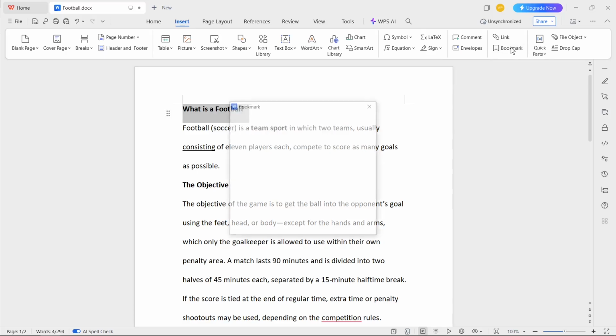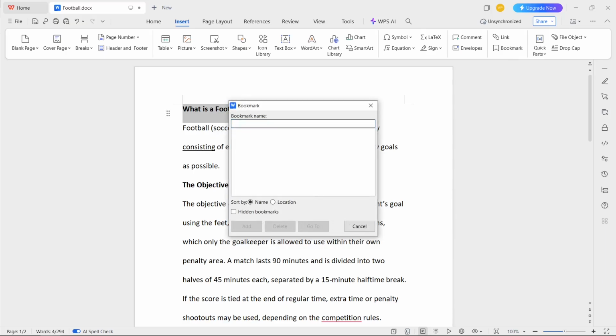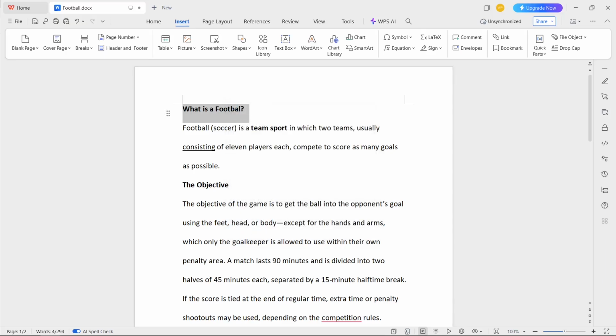So I click here and then I need to type here the bookmark name. For example, first bookmark. Here you can select sort by name or location. I will set here location and then I click add. The bookmark will be successfully added to the list, but before we display this list, we need to add